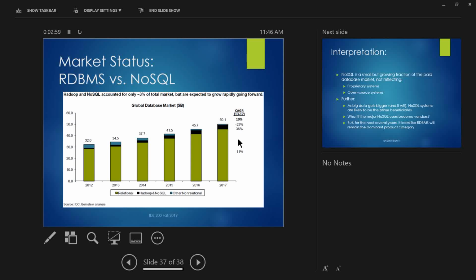Okay. The reason is, a lot of the money, as far as people track it, is still in relational databases. So those green bars there, that's all the money that goes into relational databases. The other colors at the top, the black and the blue, that's different kinds of NoSQL databases or other